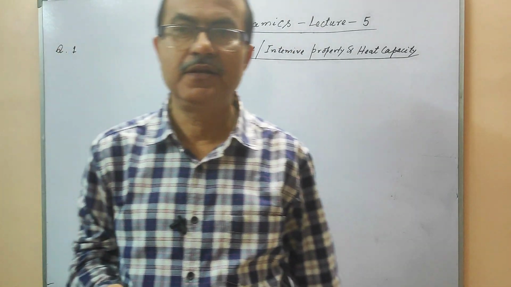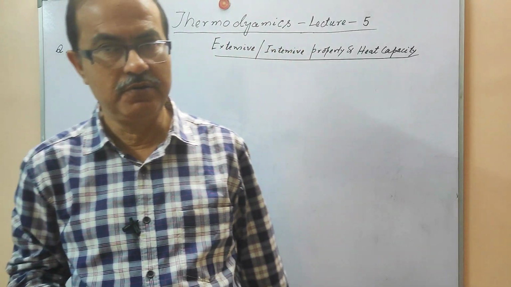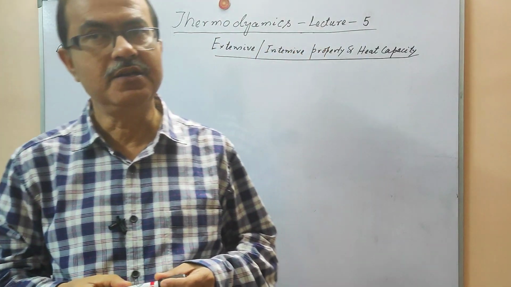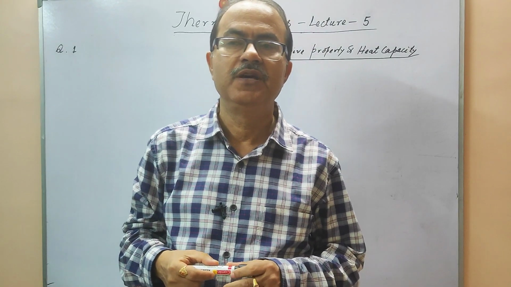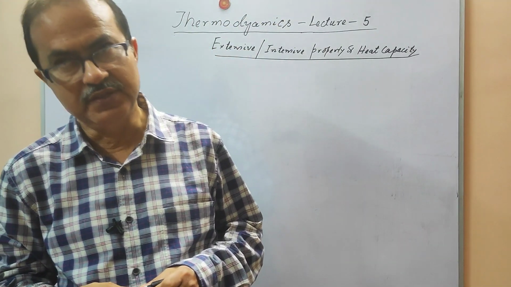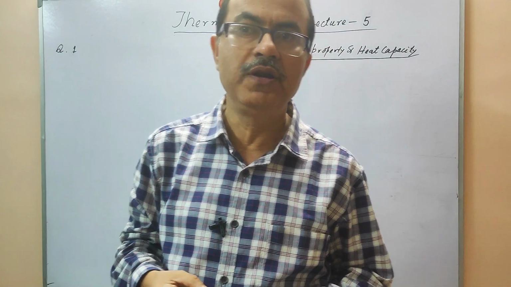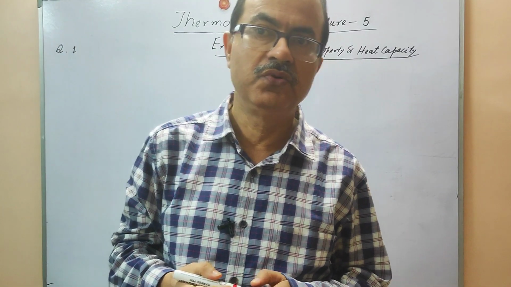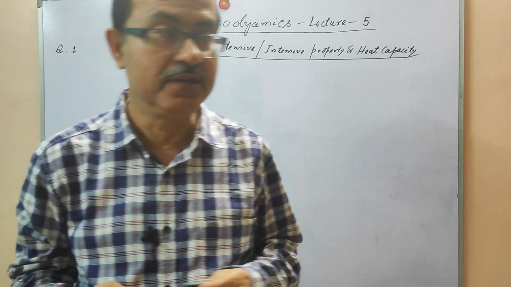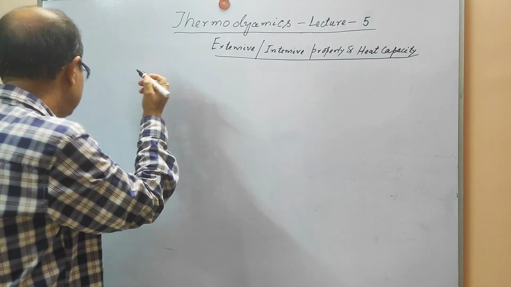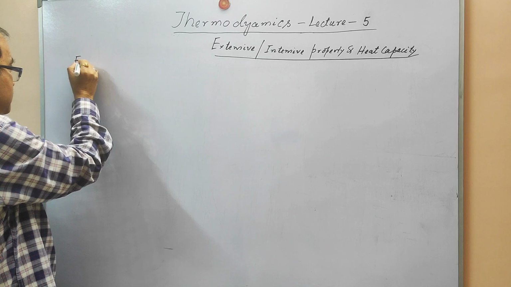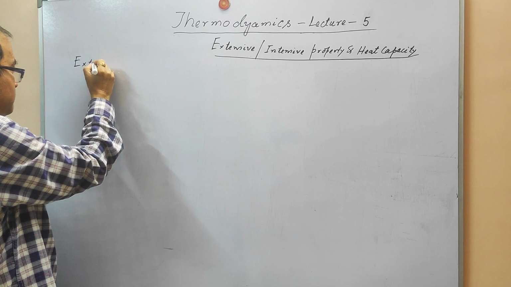So first let us understand what we mean by the extensive property of the system. Extensive property of the system is such a property in which the value of the property will depend only on the size of the system as well as the quantity of matter present in the system. So we can write this, extensive property is basically